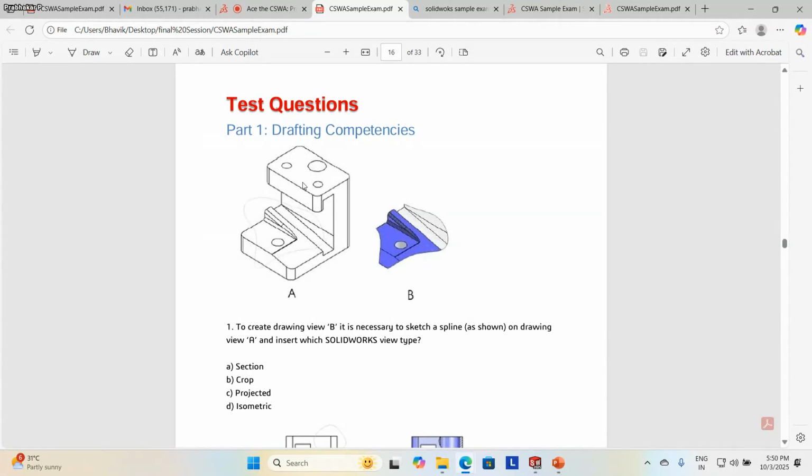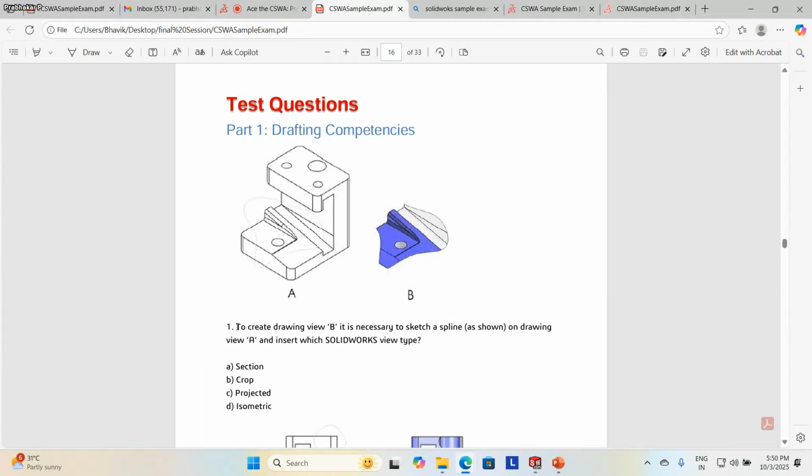As I told you, there will be 2 to 3 questions where some images will be provided with options A, B, C, D, and you have to provide the answers. This is related to the drawing. In this question, a 3D model is provided. A small area has been created using a spline, and it is cut and shown here.